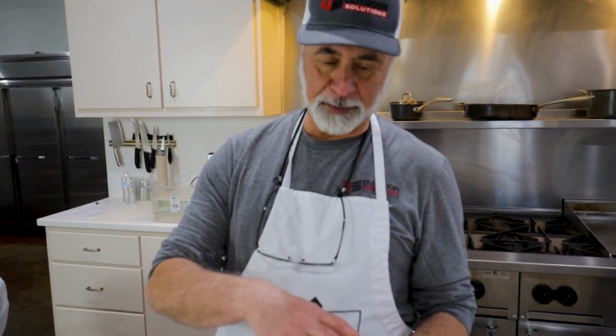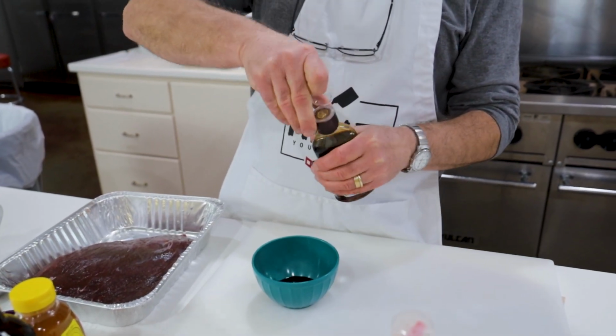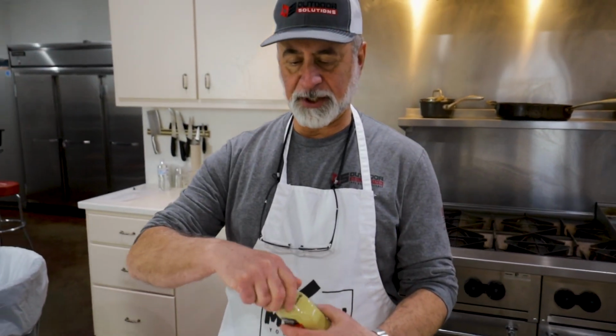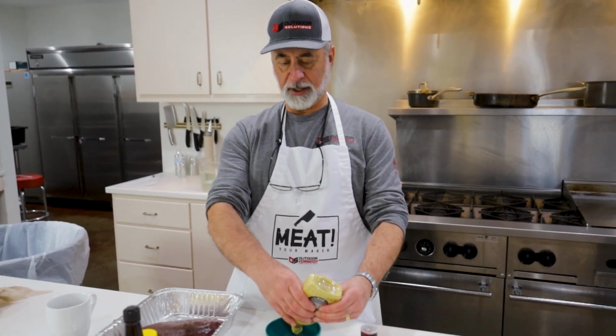So we're going to take a little bit of soy sauce, and I don't know if I'm even going to get this off. A little balsamic glaze, about a tablespoon of each of these. About a tablespoon of Dijon, and this is going to be the marinade that's going to go on that